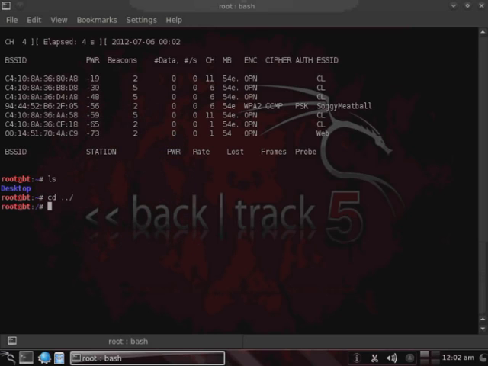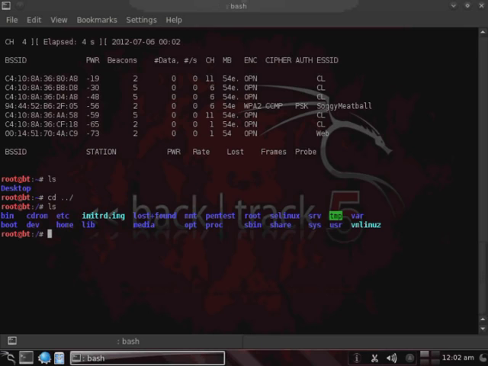And then we're going to run an airodump. Well, first of all, let's go ahead and change the directory to the parent directory of the entire file system. This will make it easier whenever we run the aircrack command. Then we'll go ahead and do airodump